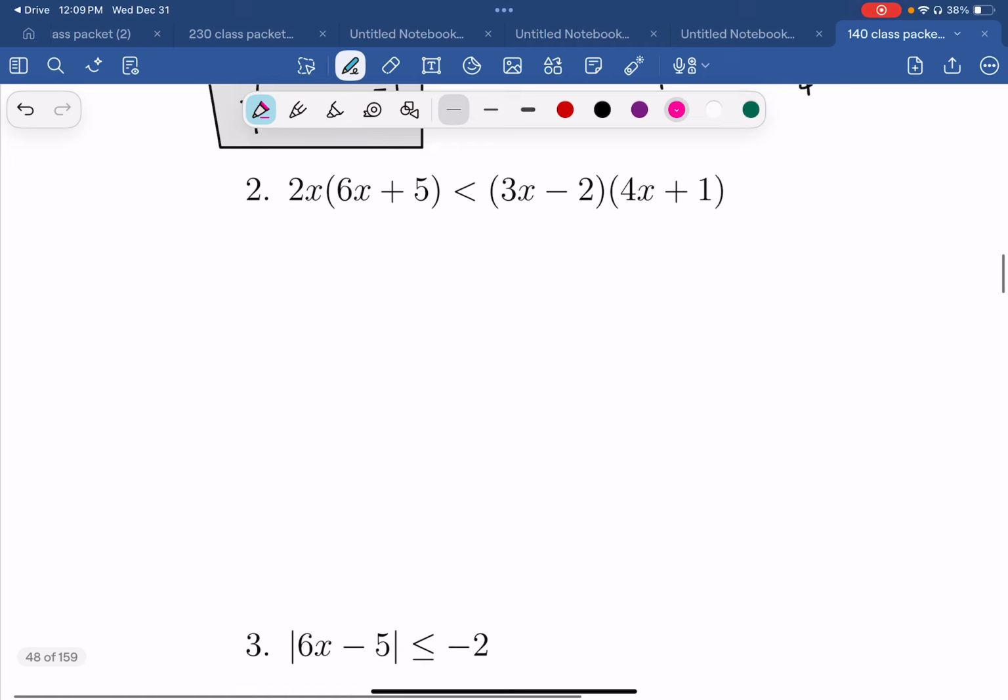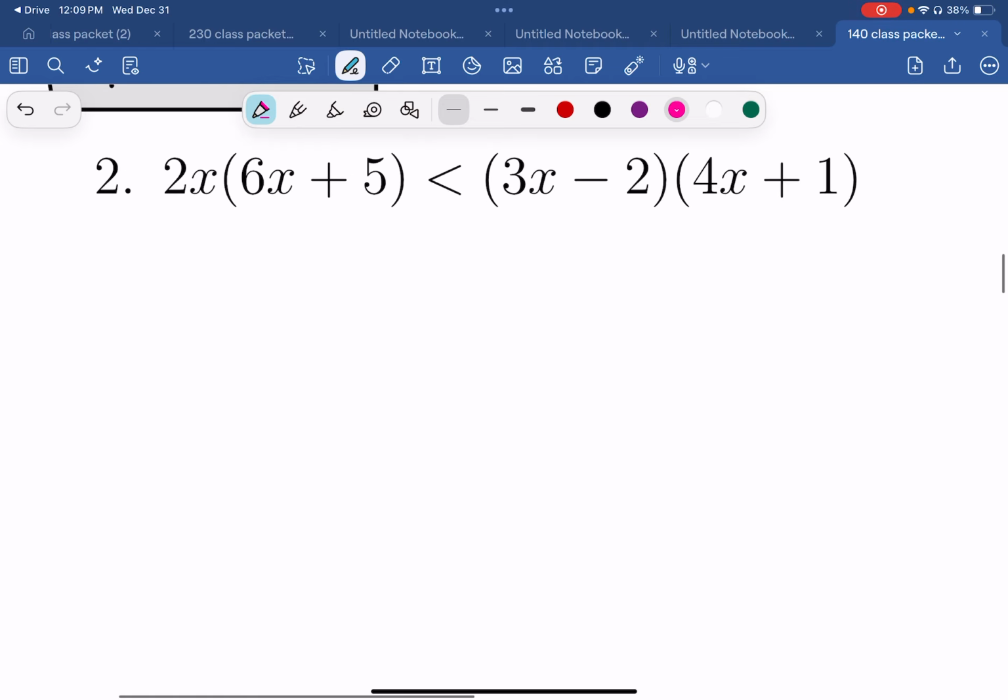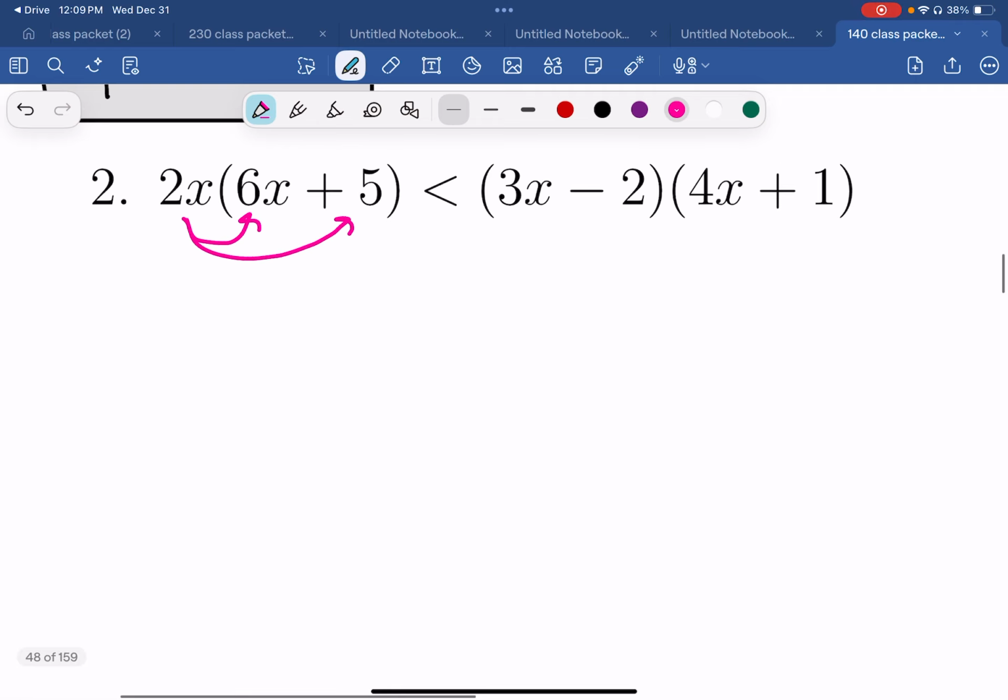Number two. Now, I don't have three pieces here. I only have two. I have a left side and a right side, but I've got all kinds of parentheses. And whenever I see parentheses, parentheses means distribute. So that's what I'm going to do first before I do anything else. So on the left, I'm going to distribute that 2x. On the right, I'm going to have to FOIL. So you're going to go first,